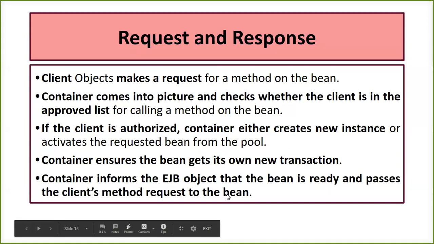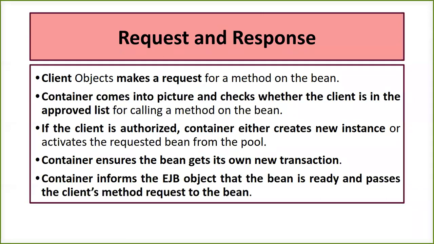Then we have another one, that is the request and response model. Here, whatever we have learned from that diagram is written over here, so we'll just go through it once. The EJB client is obviously going to have an object through which all the things are going to be done over the server. The EJB client object is created first whenever we develop an EJB client, and that object is going to make a request to the EJB server.